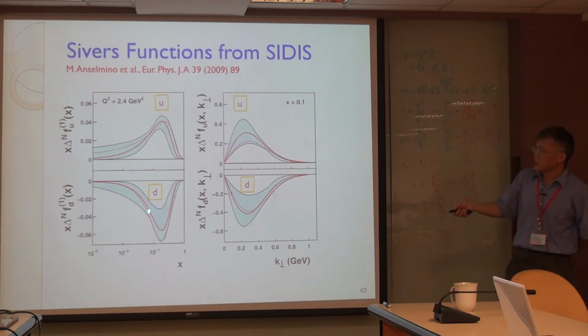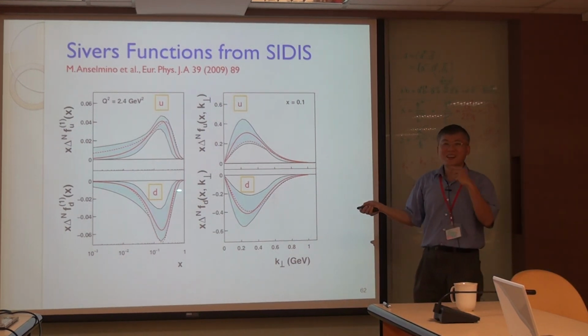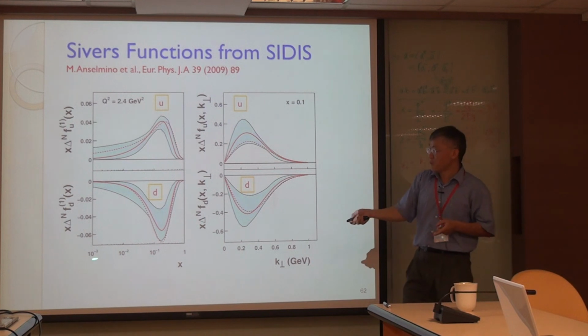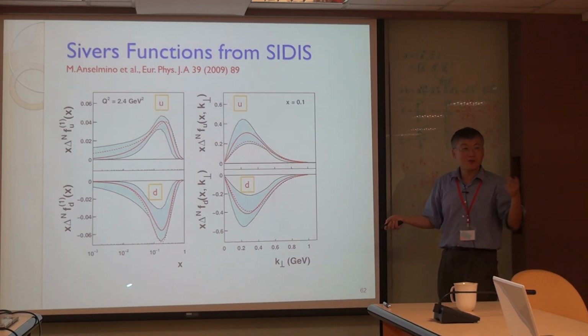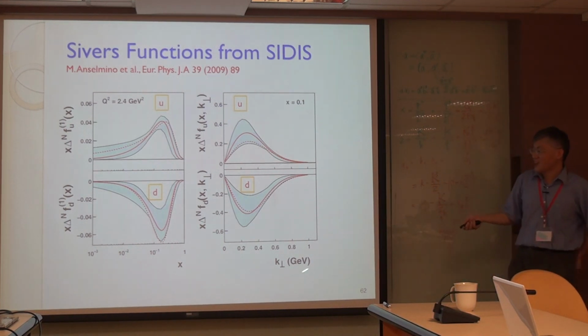For example, this u and d are positive and negative as a function of x or as a function of kT. Because right now you have to remember the difference from the PDF. The PDF only has a dependence on x, but for the TMD there is another dependence, on your parton transverse momentum. So this Sivers function